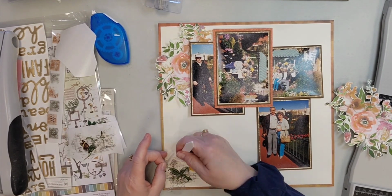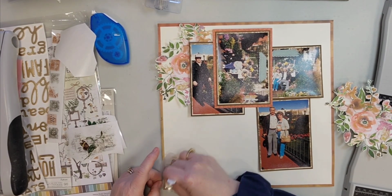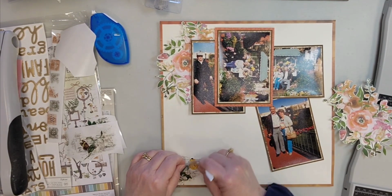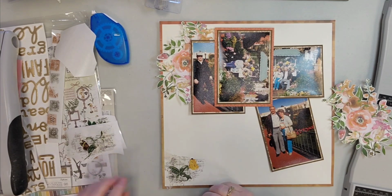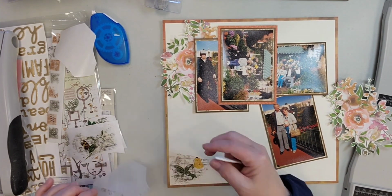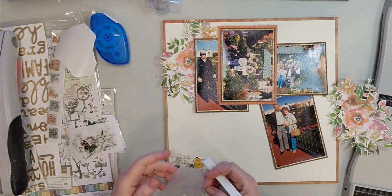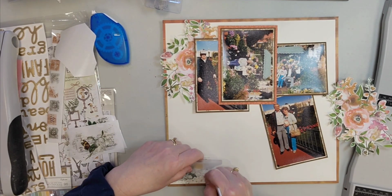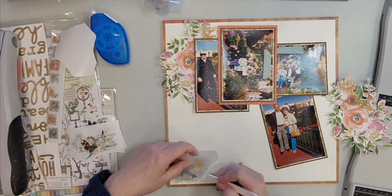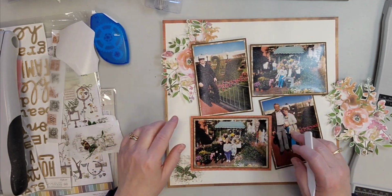Here I'm adding some 49 and Market rub-ons. I'm sorry, I don't know what package they're from. I don't have it in front of me because I've escaped to a stairwell to have a little bit of a quiet spot to do this voiceover. And I cut out 3 different floral images to do rub-ons with, and also some things that look like really small postage stamps. So once I get these down,